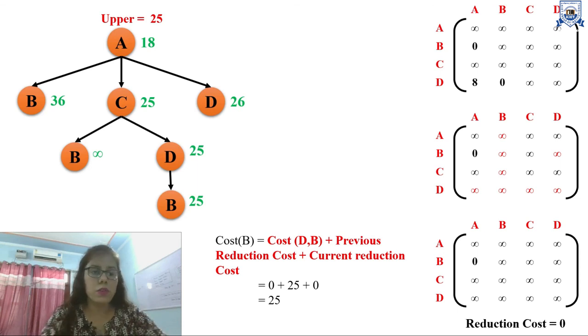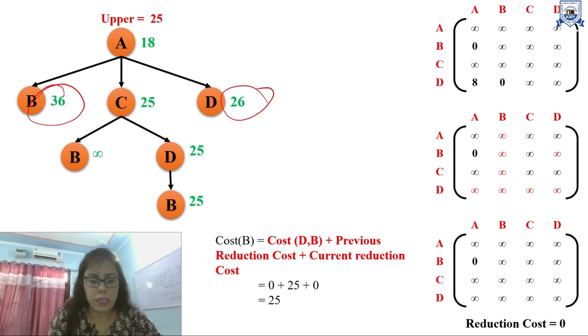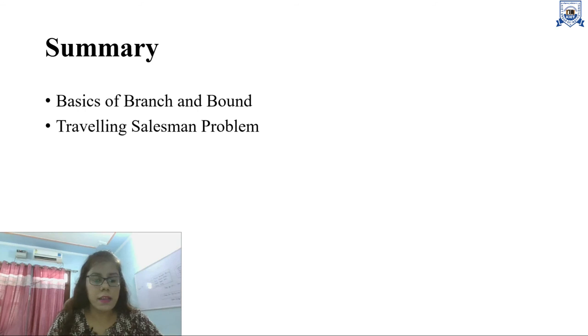So how am I going to do this? I'll look at the cost of B and C. These are already more than 25, right? So I'm not going to traverse them because I know that I have already retrieved a path whose cost is less than this, right? So in summary, I would say that we have started the branch and bound basics